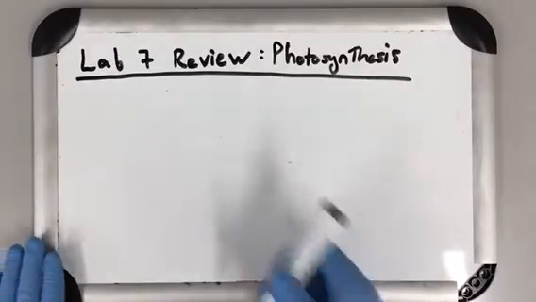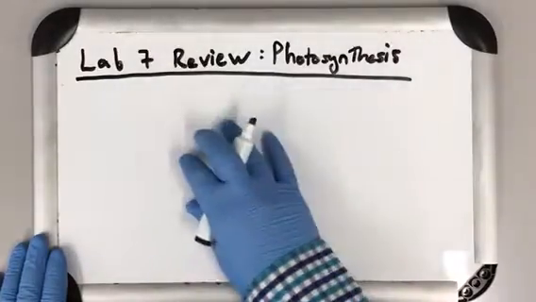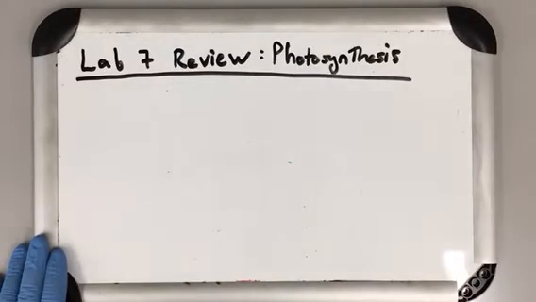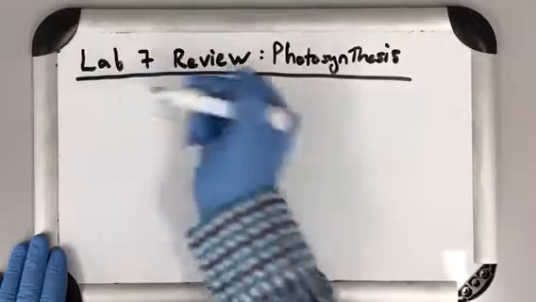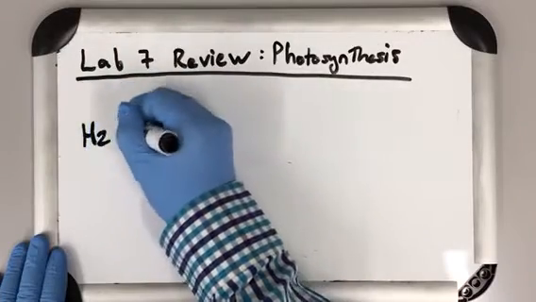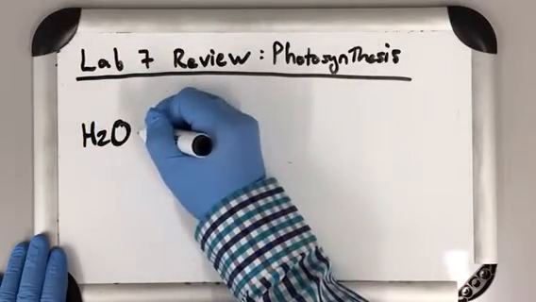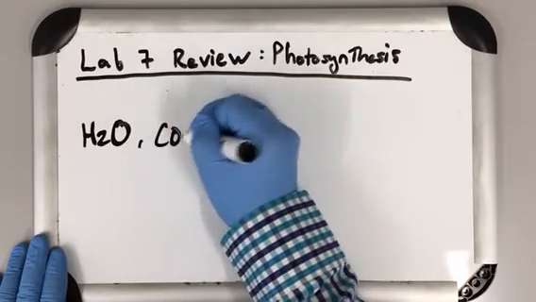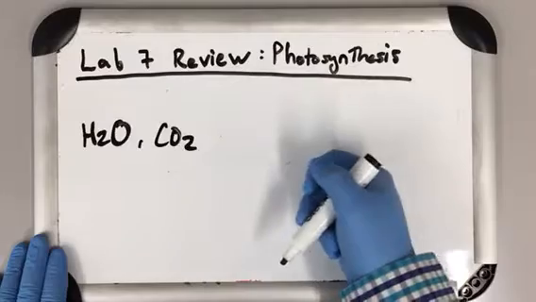Okay, so here's the Lab 7 review. This is the one we did right after the exam on photosynthesis. So one of the basic things to remember is just that basic equation. Everything that goes into this reaction at first includes H2O and CO2, because remember that's what we're going to make the glucose out of,